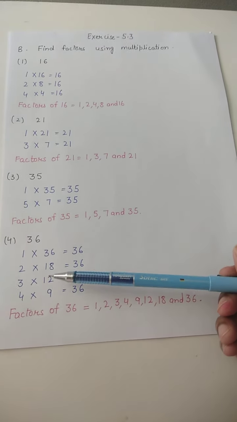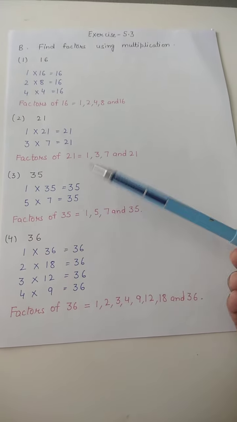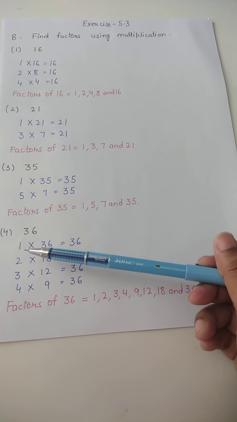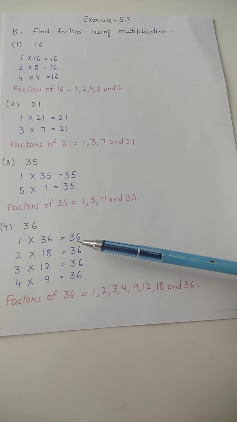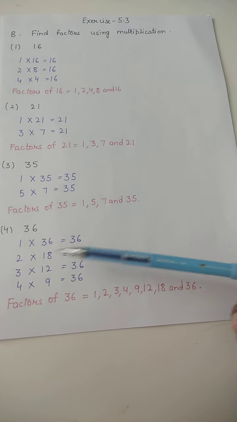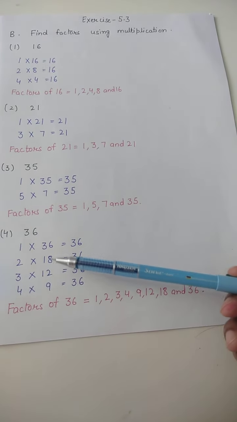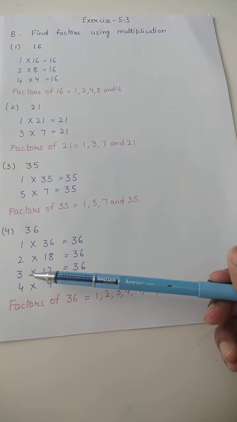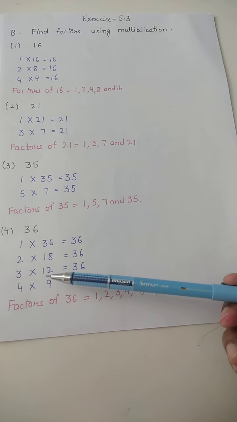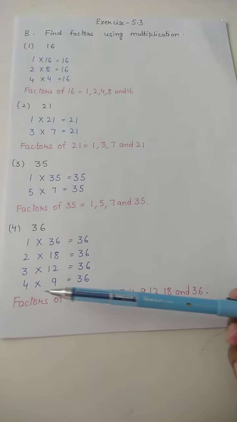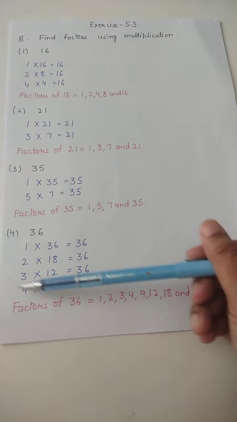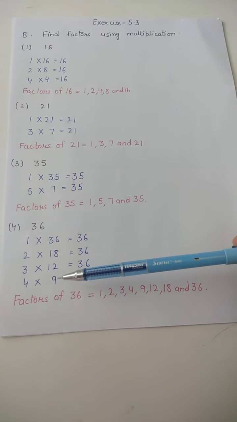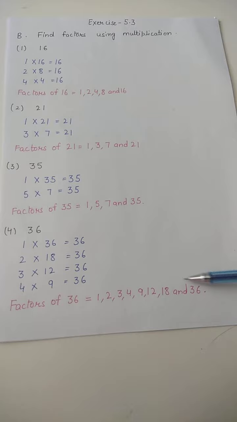One more I will tell you from this one, the 36 one. This is also easy. So 36: 1 and 36. Always take this as the first step. Start with multiplication: 1 multiplied by 36 is equal to 36. 2 multiplied by 18 is equal to 36. Then 3 twelves are 36, so 3 multiplied by 12 is equal to 36. Then 4 9s are 36. So these numbers, by which we are doing multiplication, are all the factors. So 1, 2, 3, 4 and then 9, 12, 18, 36. You can see here.